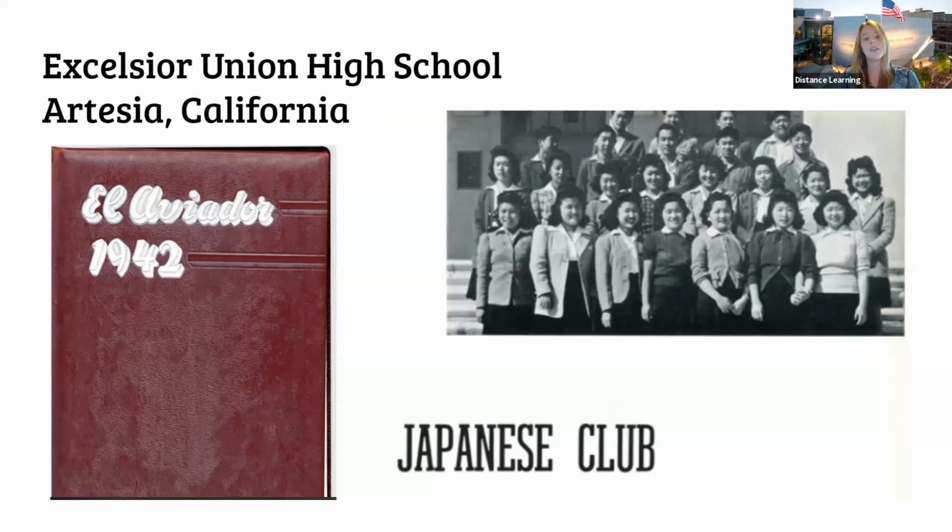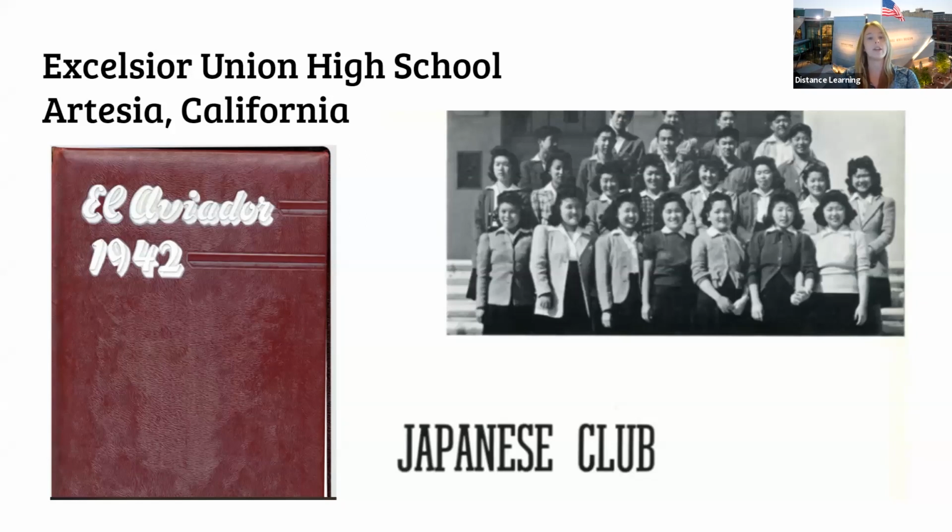And in this yearbook, and you'll have to scroll through because we've actually digitized it, you'll find a page from the Japanese Club. And I want you to go and read the paragraph under the Japanese Club. And if you can, contact us on social media and tell us what you found about this Japanese Club from